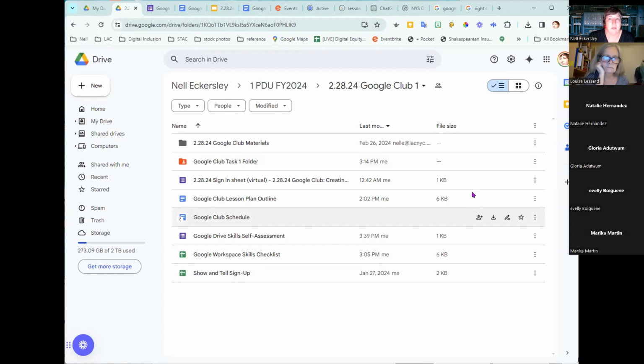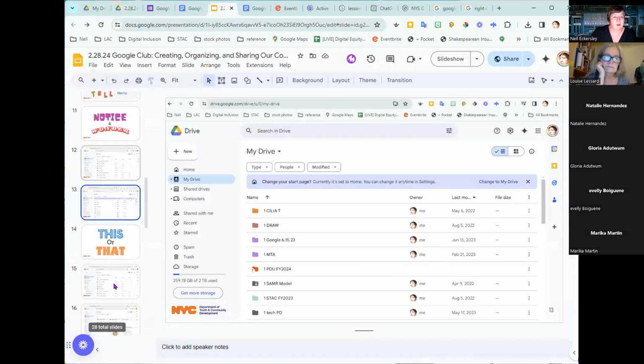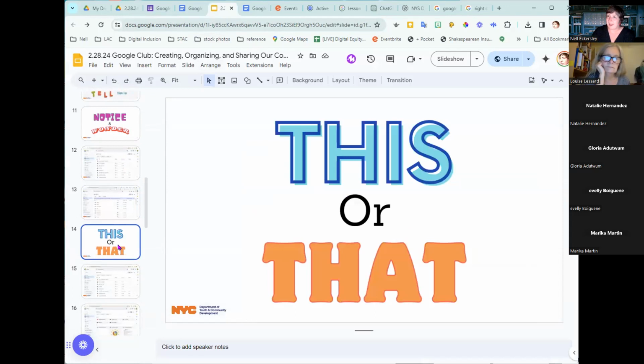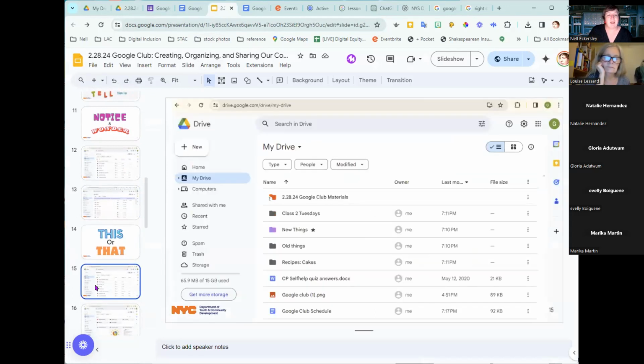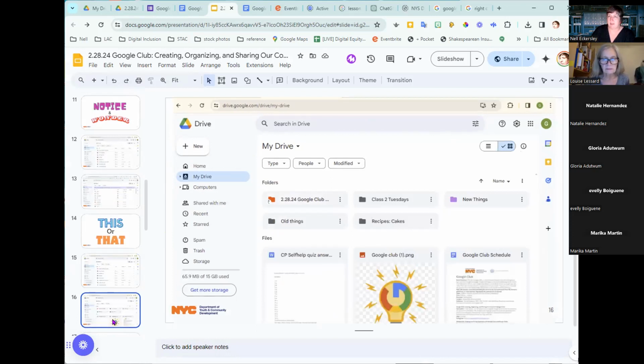All right. How do we feel? I'm going to go back to my slides. The next piece was another view. So this is called this or that. Which one do you prefer? So we have this view, and I'm using this example, which is not mine. This is the personal Google account. We can see there are 15 gigs of data there, right? So this is a smaller account, less stuff in it. Belongs to G. I can see the G up there. So there's this way of looking at it, or there's this way of looking at it.